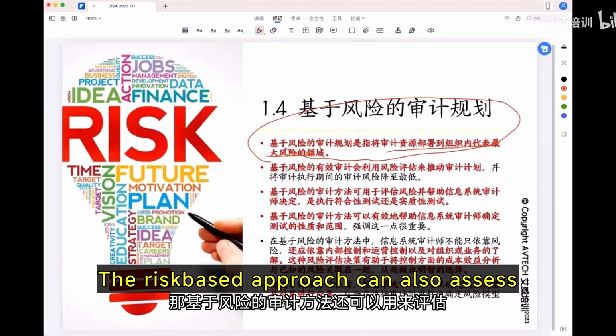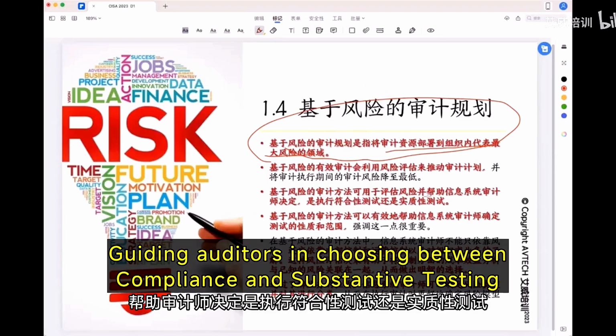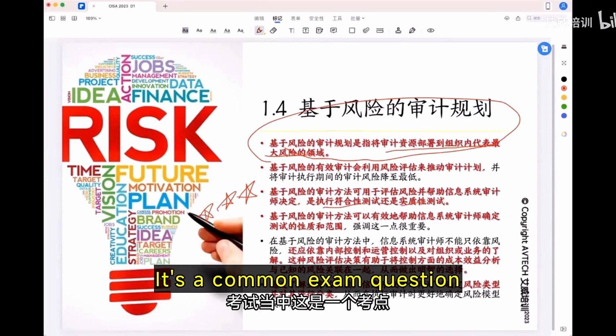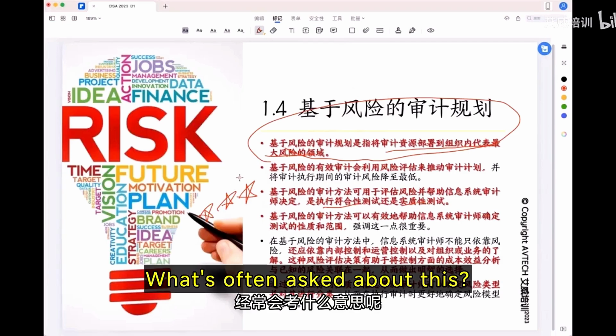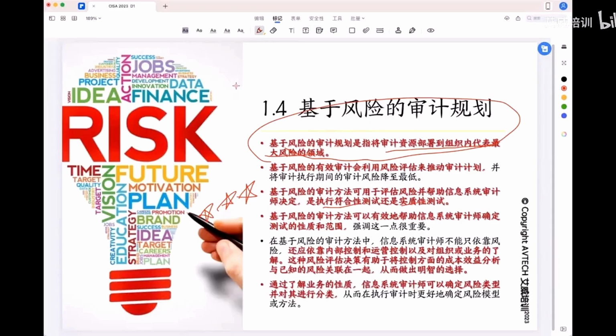The risk-based approach can also assess and guide auditors in choosing between compliance and substantive testing. It's a common exam question. What's often asked about this? While assessing risks, you'll understand that for a company,